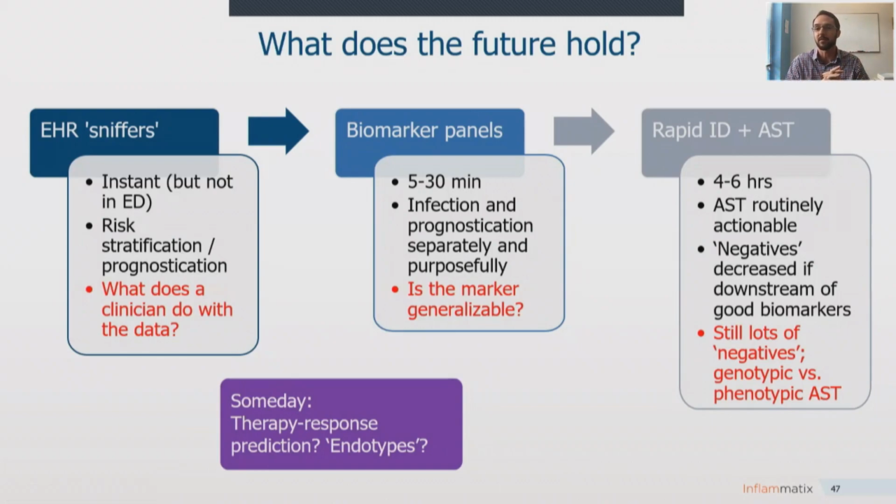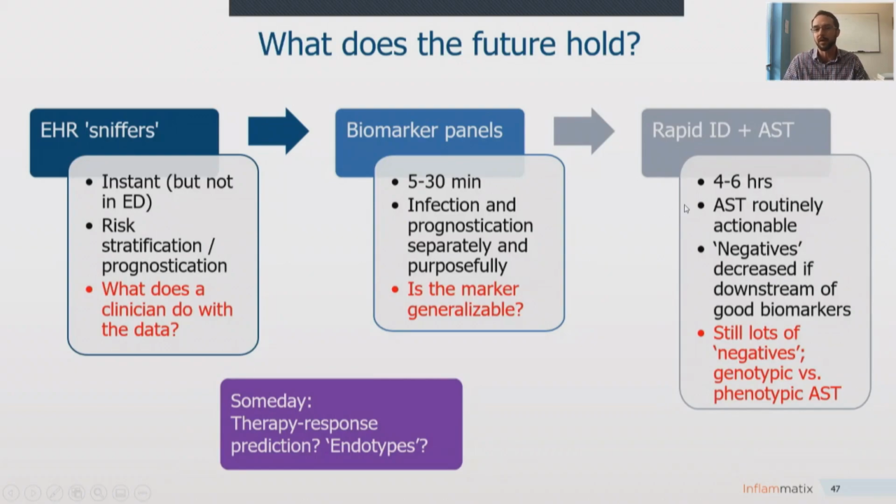But the key question is going to be, is this marker generalizable? If we have a marker for the presence of a bacterial infection, does it work in inpatients and outpatients? Does it work in medical patients and surgical patients? Does it work in the old and in the young? That's really going to be a difficult challenge of any attempt to interpret what the immune system is doing. And then finally are going to be the rapid ID and AST, absolutely critical parts of the sepsis diagnostic workflow.